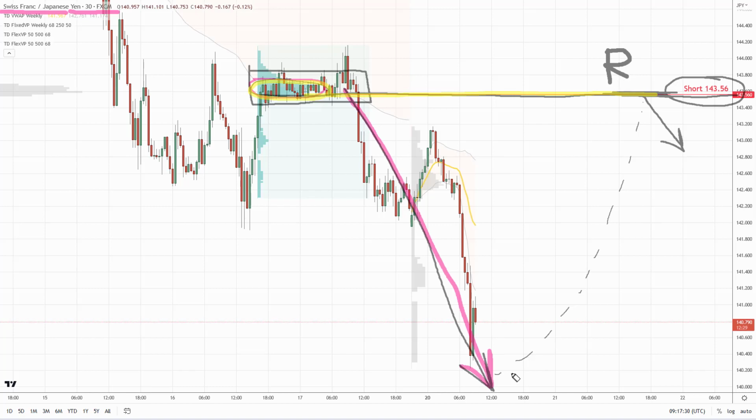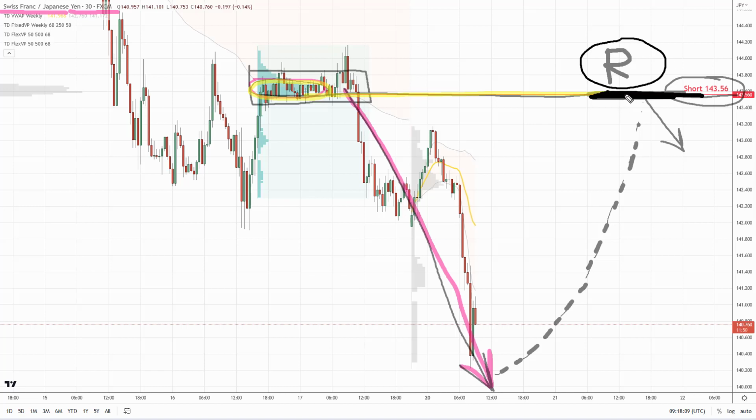Now, a lot of people think that I'll be trading on this move, like I'll be going long from here until the price reaches this resistance zone. But that's not true. I don't trade like this. I don't speculate on the price returning back to the level, because in the near future, maybe the price won't even go back to that level. That's not what I trade. But what I say is that if the price makes it to that level, then it should work as a resistance. So I wait until the price reaches the level, and then I trade from there. All right? So that's the volume accumulation setup on the Swiss franc Japanese yen.